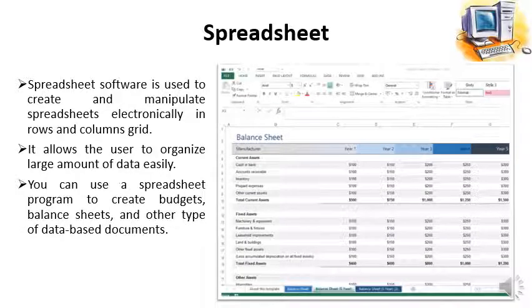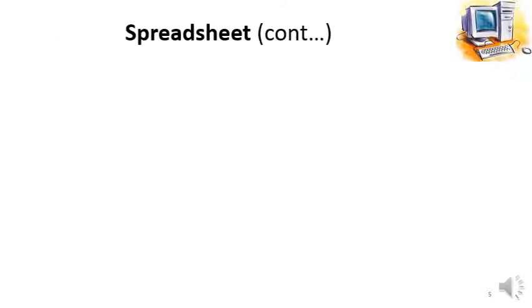You can use a spreadsheet program to create budgets, balance sheets and other types of data-based documents. Here in this image you can see that the balance sheet is prepared using the Microsoft Excel application. Such data can be easily arranged and manipulated in Microsoft Excel, and it can be easily represented in the form of tables.